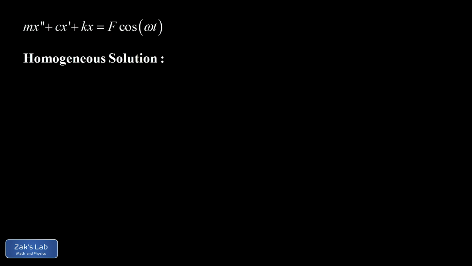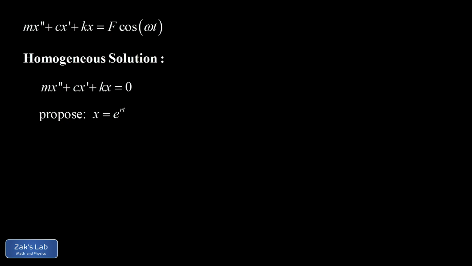So first, the homogeneous solution. This means the solution to the equation with a 0 on the right-hand side. In other words, there's no driving function over there. So the standard solution here is to propose an exponential form for the position function, and we'll call that e to the rt,